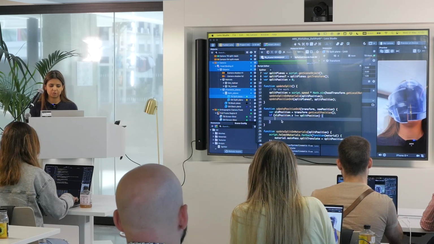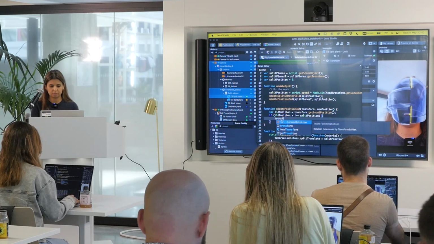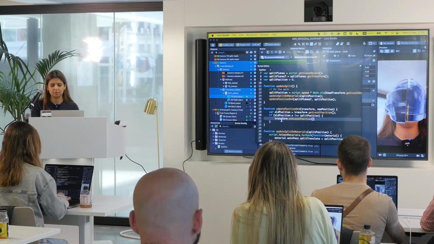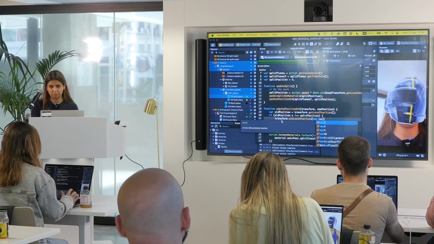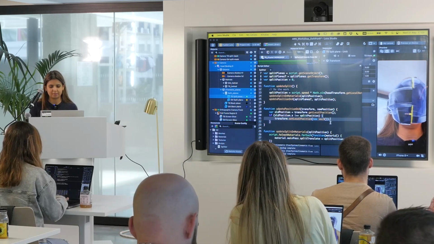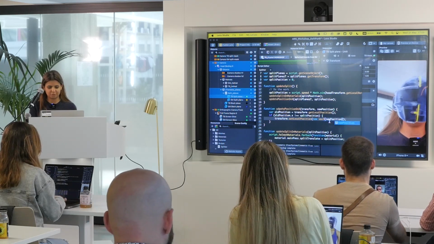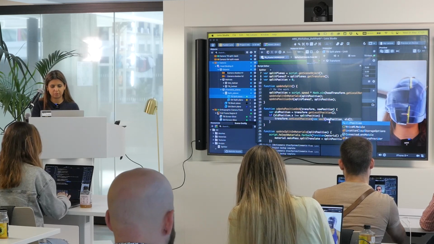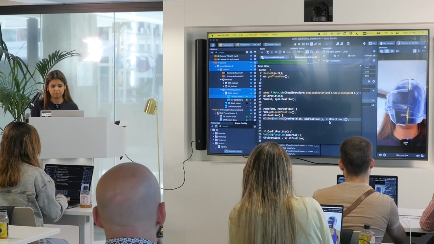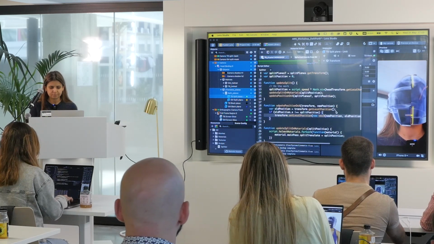So the new position will be set using transform set local position, and here the set local position gets a vec3, because the position in 3D is vec3. And then here we can do new position, because this is my new split position. And the rest I keep the old. So old position y, old position z. We don't need to move anything on those two axes. So if I save,